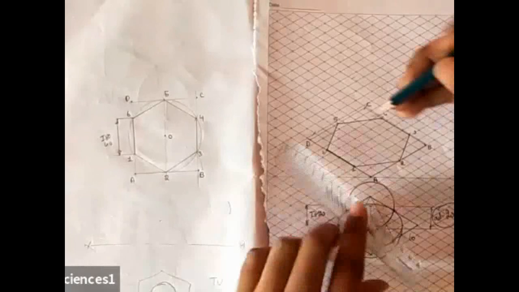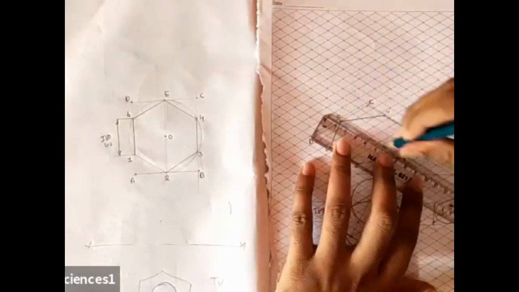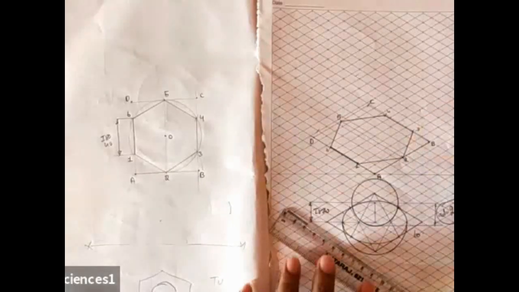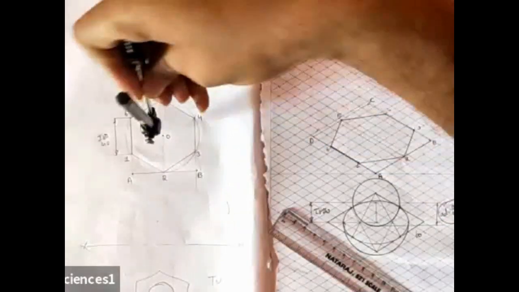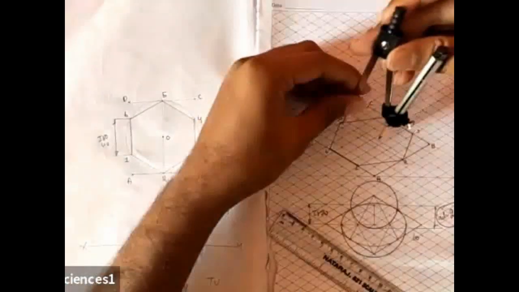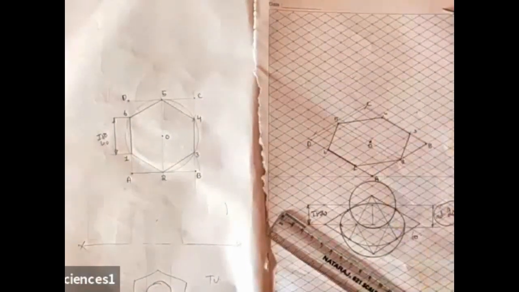That's it. So now you want the midpoint. You can start joining from point 5 to 2. Join from point 5 to 2. You measure this length, that is 5 to O. You just measure it and cut an arc. This is the midpoint of your hexagon. This is your point O. The base of the hexagon prism is done. We have completed the base.